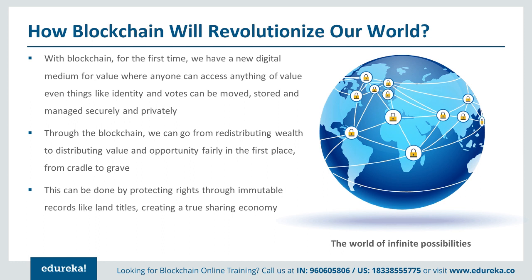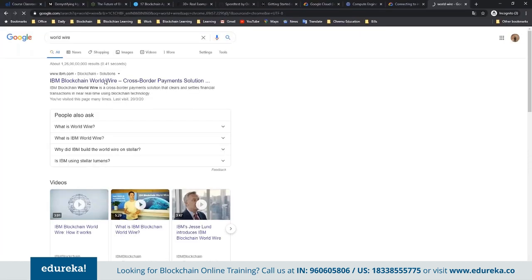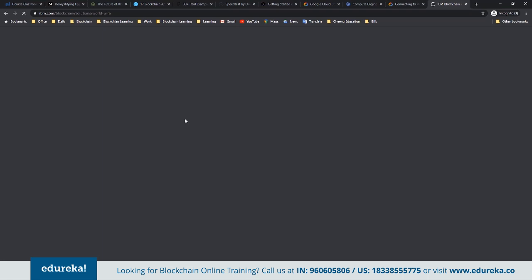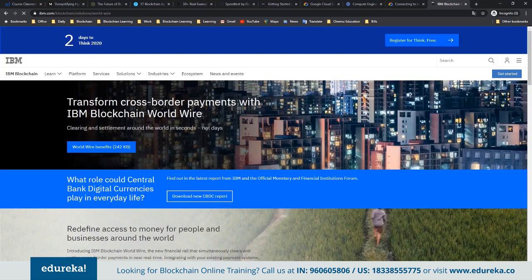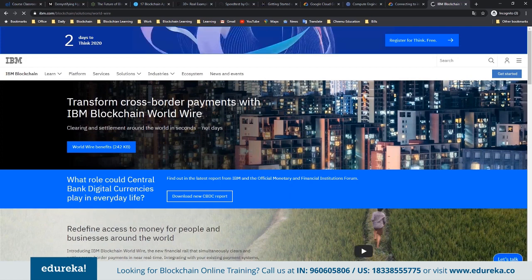One practical application, if you want to see, is a solution called WorldWire. This is a solution by IBM, which is used for cross-border payment using the IBM blockchain. And this is basically developed using Ripple.